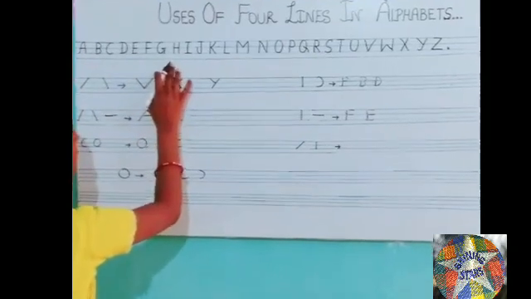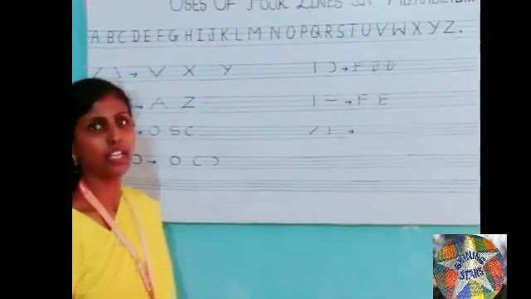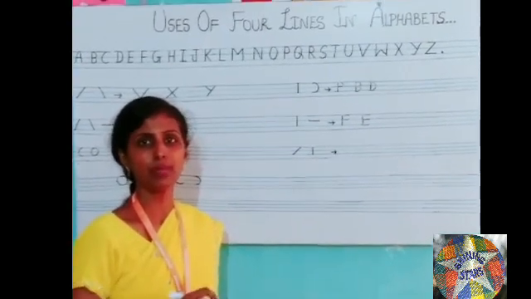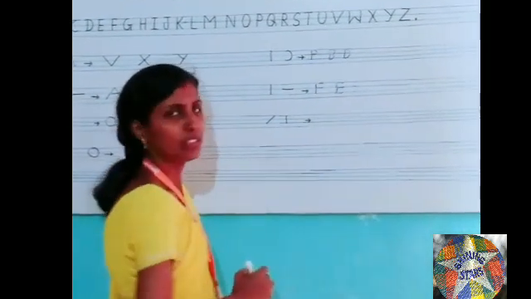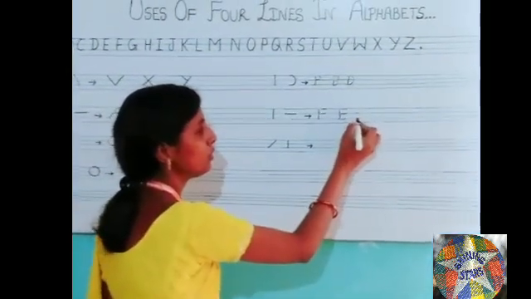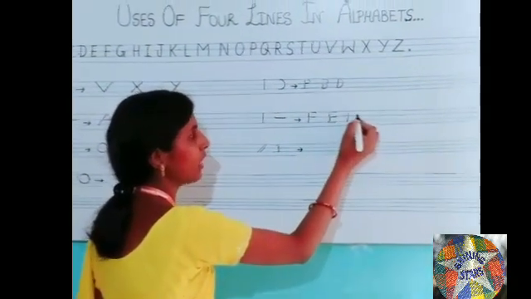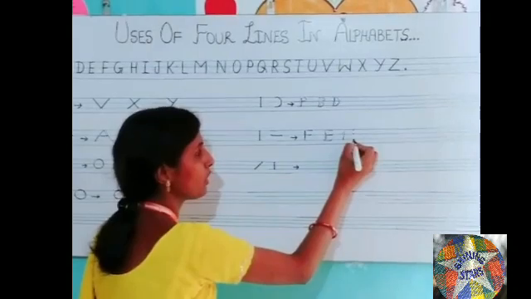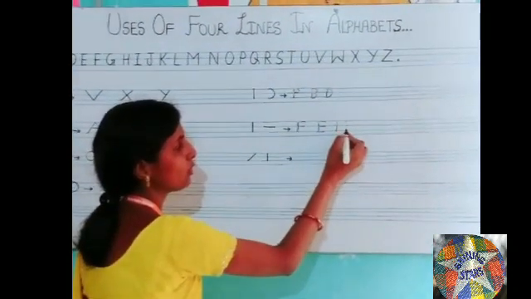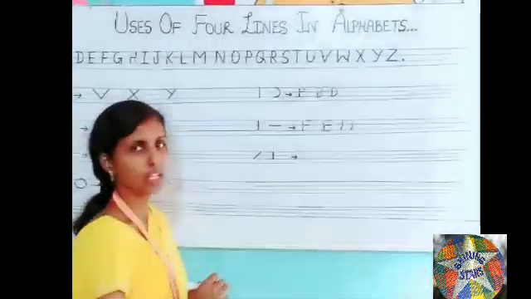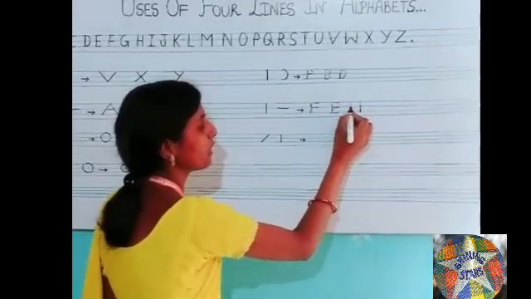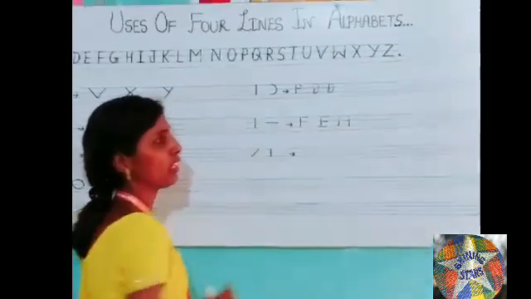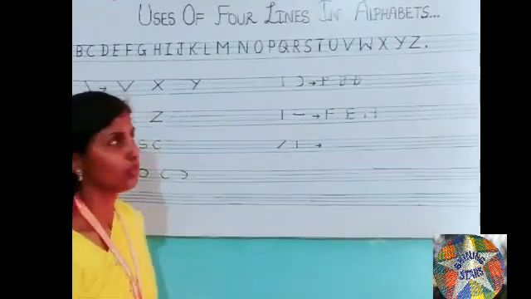Now again we will find, with a standing and slipping line, which letter comes? H. We will draw 2 standing lines and 1 slipping line. Look at here. Blue line, green line, green line. Okay? 1, 2, 3. Make a standing line. Again, the same line we will draw in front of that line. 1, 2, 3. Now we will draw a slipping line between the 2 standing lines in the first green color line. Okay? Which letter is marked? H.